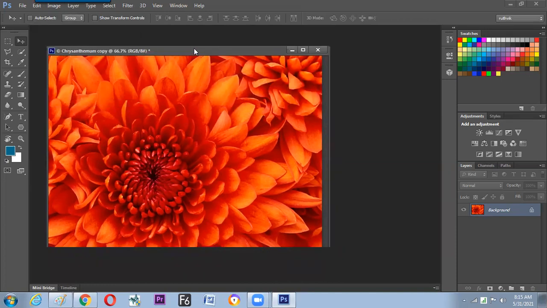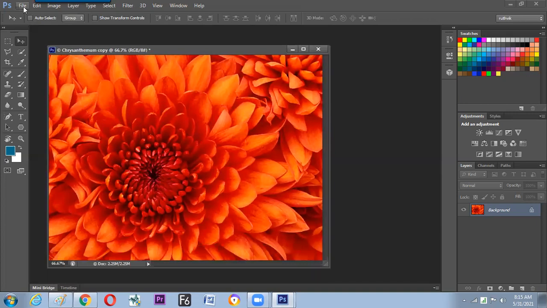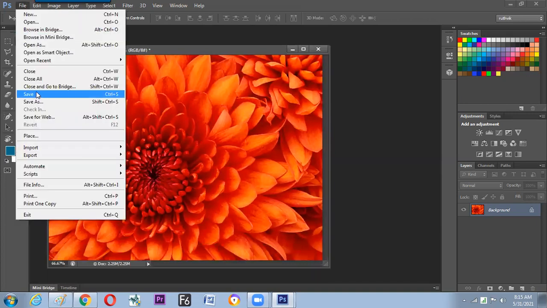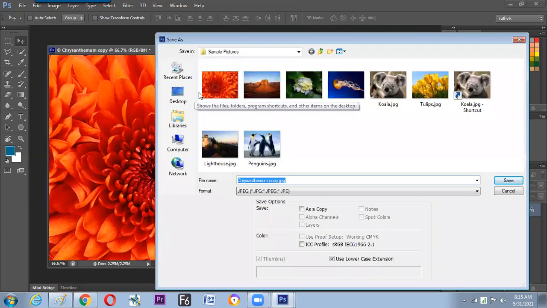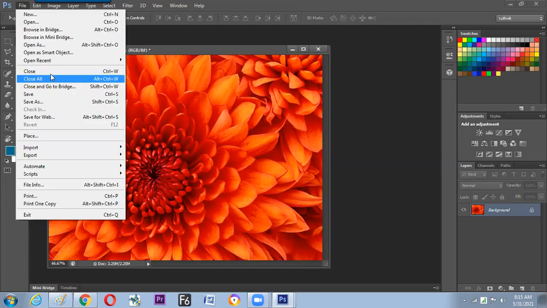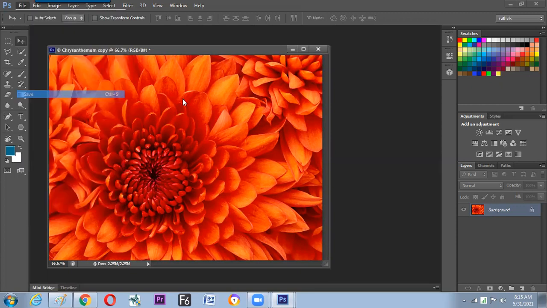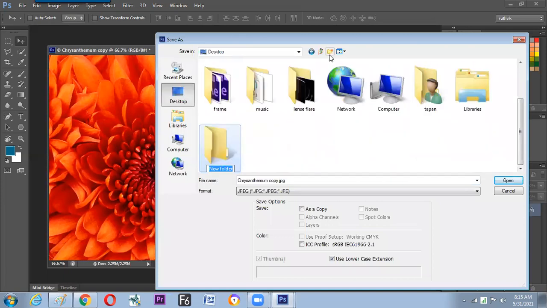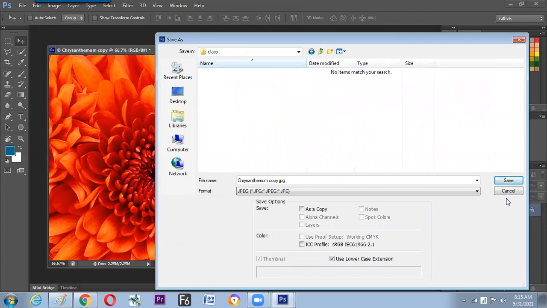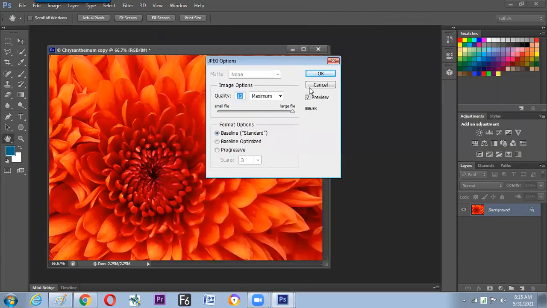For the duplicate, the next thing we need to do immediately is File, and save it, because it is not saved. If it is closed, then the work will go off. So immediately we need to save: file menu and Control S. Control S is the command to save inside your destination. So we have saved the file. Go for OK.